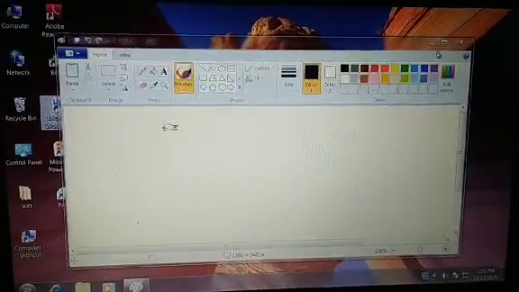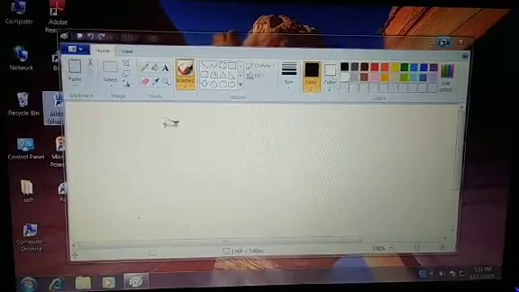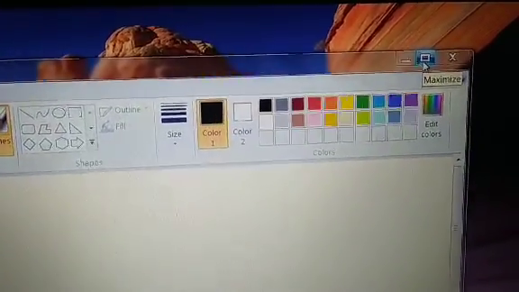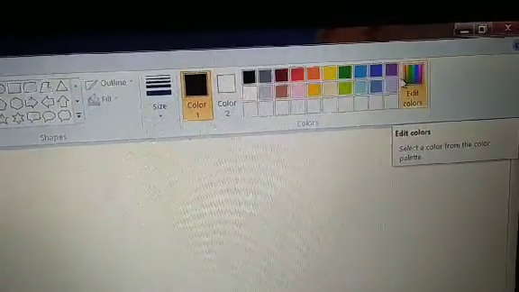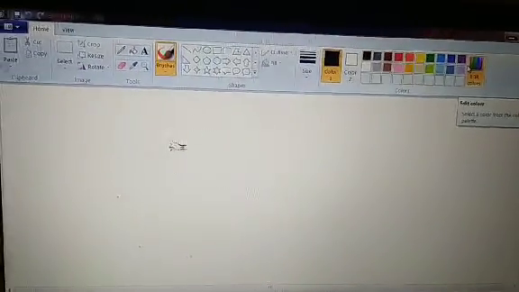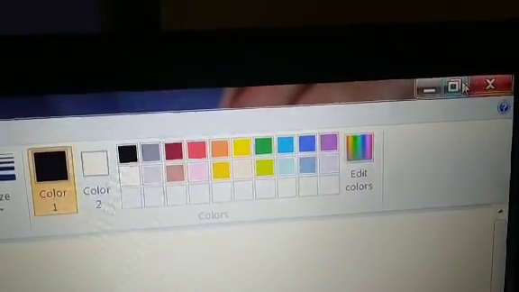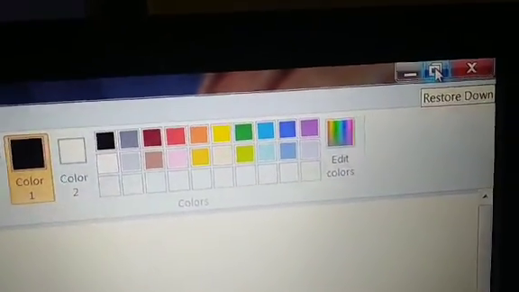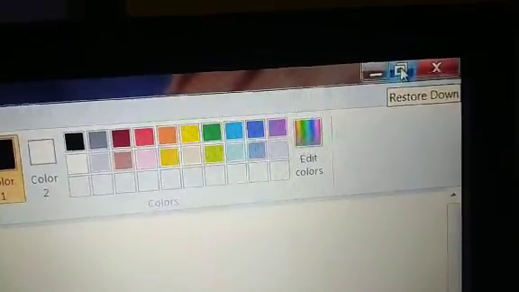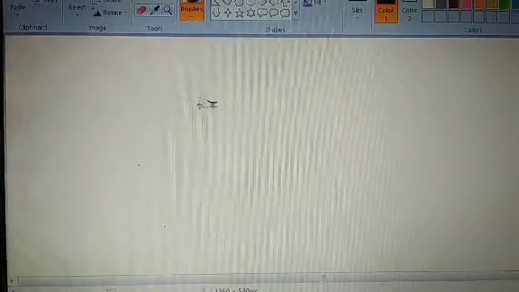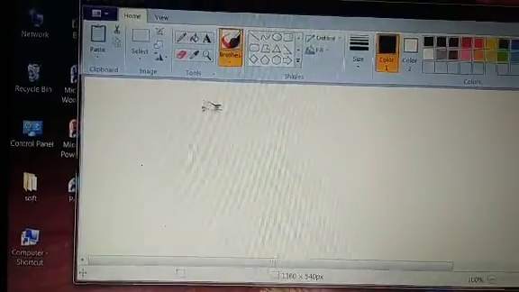Restored. Now when I click, this is the maximize button. Now it has changed into the maximize button. See, maximize has made the window full screen. And now this maximize button has changed into the restore button. Restore down is written, which means the middle button has now changed into the restore button. This is the window.